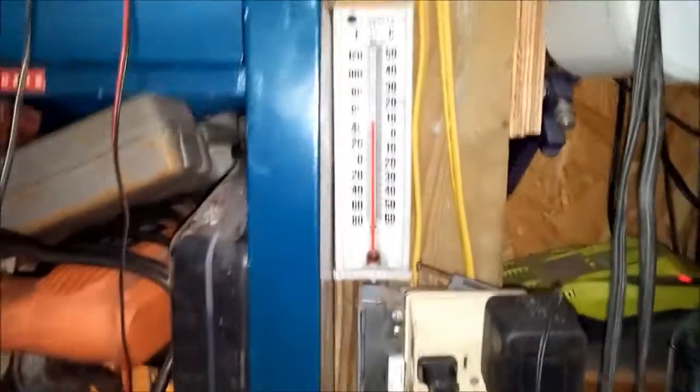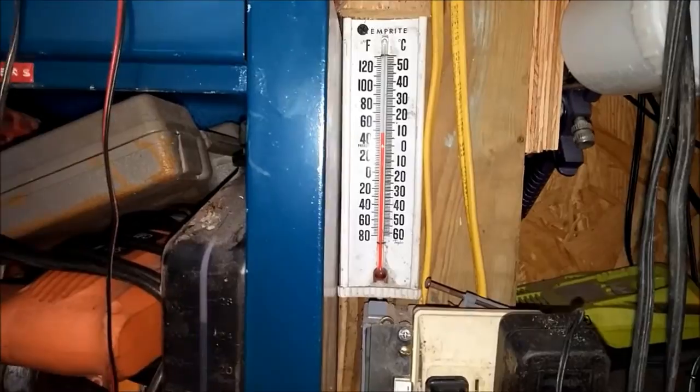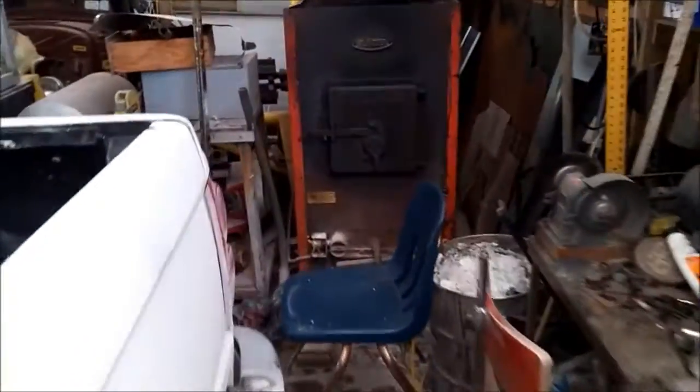Hey guys, well, we're out in the garage working today a little bit since it's about 0 out. Had the fire going out here, pretty cool. I don't know if you guys can see there, but just under 50 degrees. I just turned the fan off on the blower on the old wood